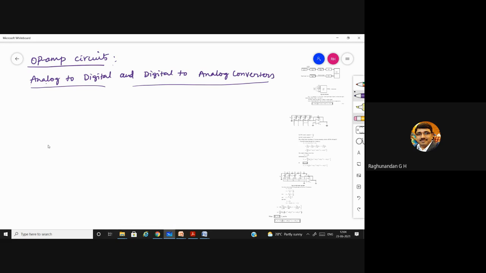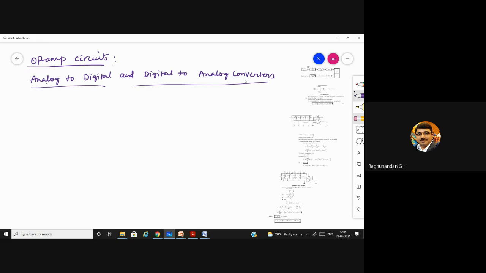Whenever you are going to take a signal, let us assume my signal, whatever I'm speaking, is a sound signal. This will be converted into an analog electrical signal. Even that is in analog form. This signal is going to reach the computer. There, in order to process it, it has to be converted into digital form. After processing, while transmitting it, it has to be converted again into analog form. So in this process, we need devices. Those devices are A to D and D to A converters.